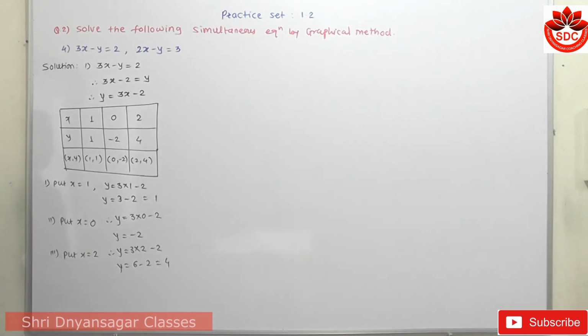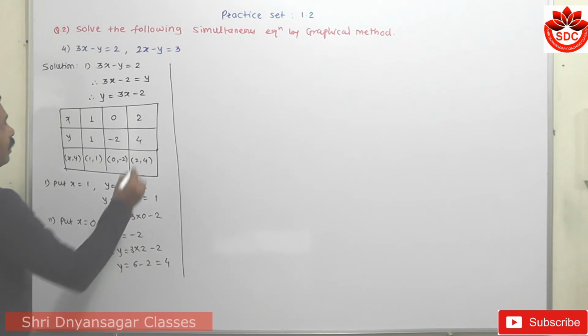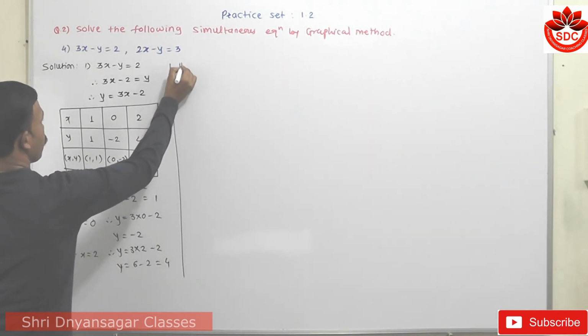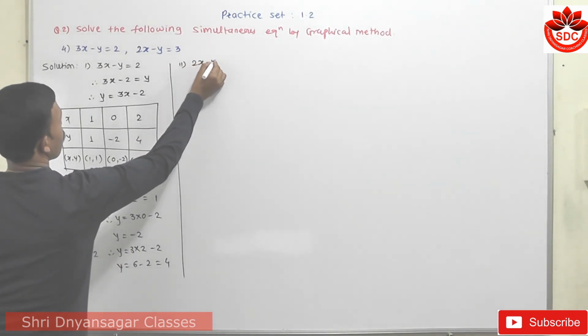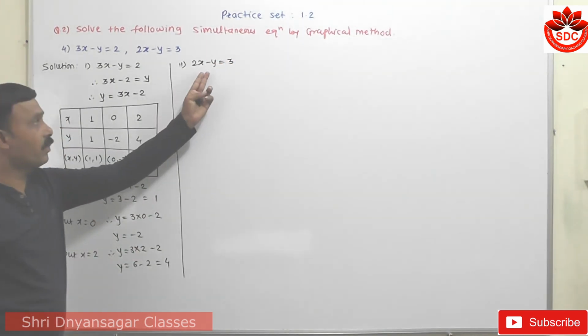Now, take the second example. The second equation is 2x minus y is equal to 3. Again, I have to interchange this. This y minus converts